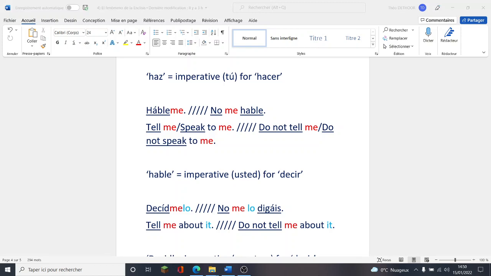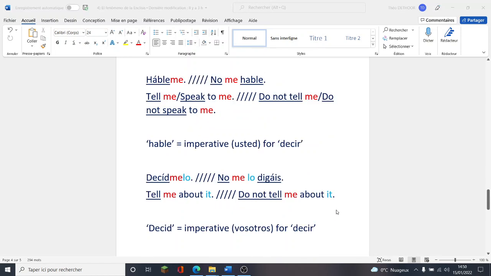So that's really important for you to notice that in Spanish there's two ways of conjugating in imperative, and in this case you have to make the difference between the two, because one of them is using Enclisis and the other one is not using it. So it's important for you to make the difference between those two. I've noticed for you that hable is the imperative for usted, for the verb hablar, so that it's understandable for you in this case. And the last example, but not the least,